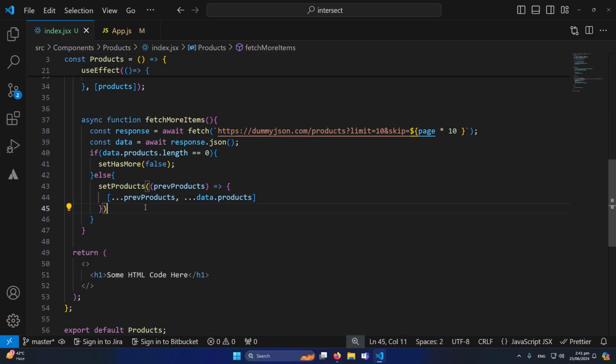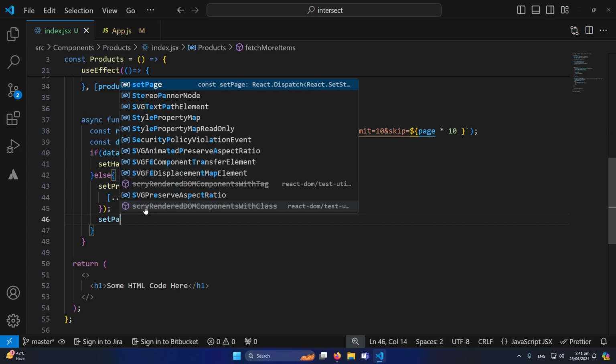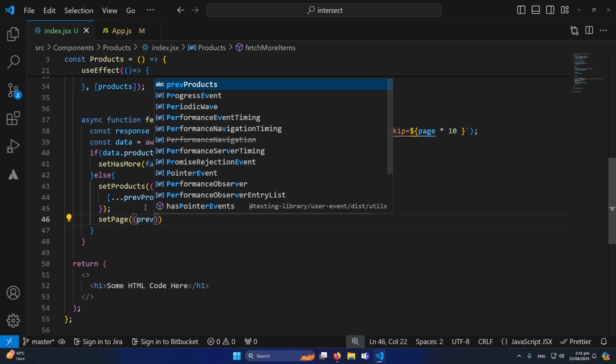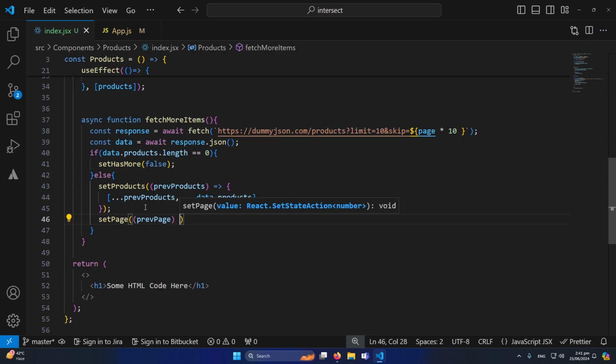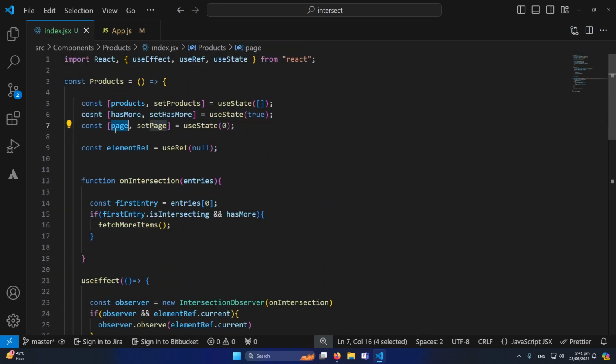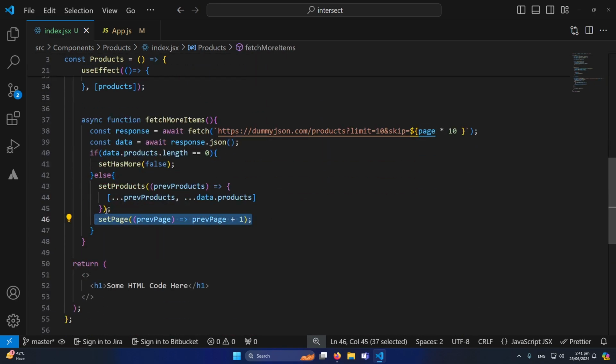And after this I will type here semicolon, and next we have to set our page. So here I'm again going to do the same, like previous page, and this is also a callback function, previous page plus 1. So each time we will do an increment in this page variable that we have defined here. So that's it. We have set the products to our products array, we have set the page to our page variable,